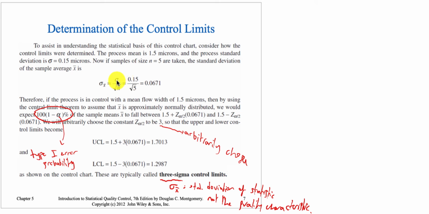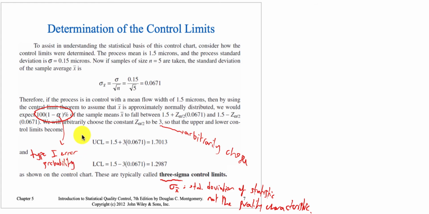So we divide the population standard deviation by the square root of the sample size, and that is the sample standard deviation value. So we need to determine a control limit by using the standard deviation, we can say that